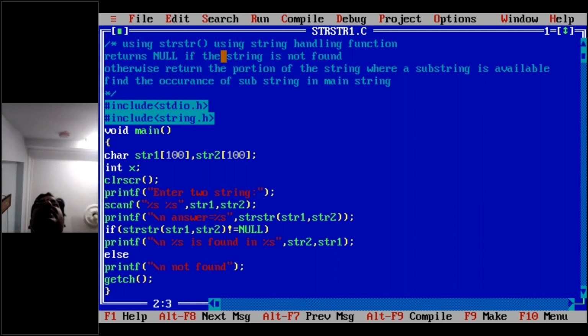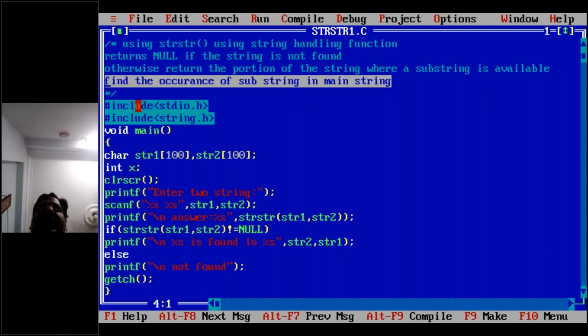Otherwise, it returns the portion of the string where the substring is available. It finds the occurrence of the substring in the main string. Let us see that.